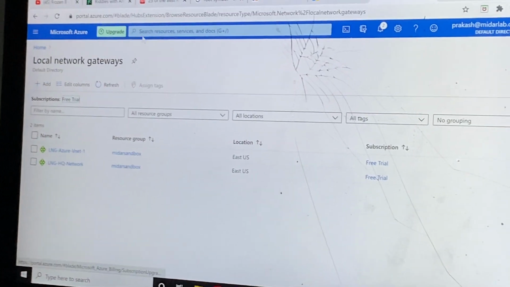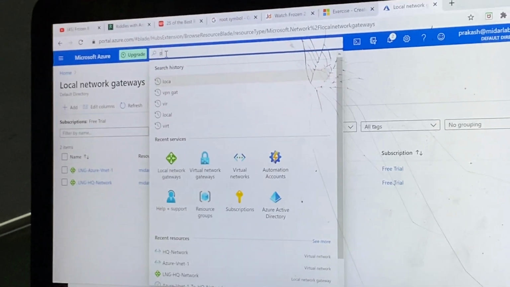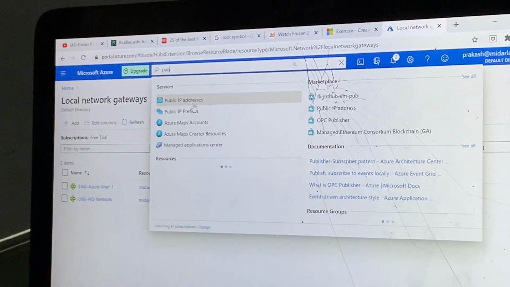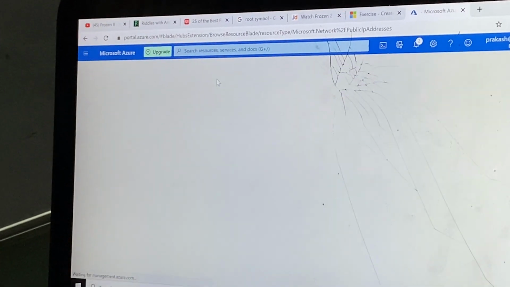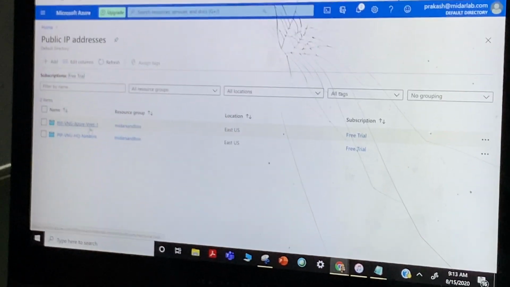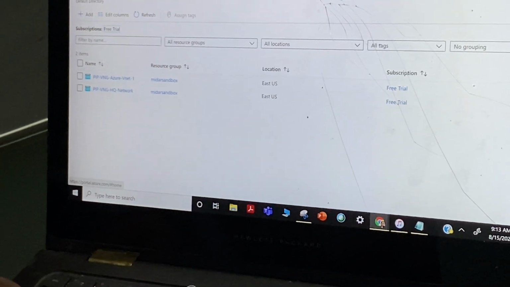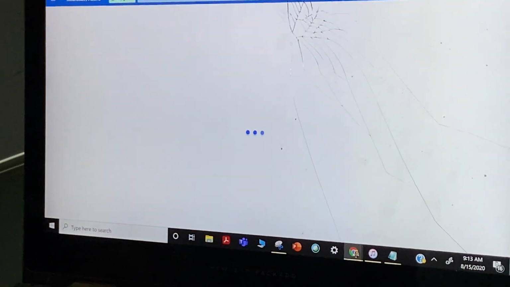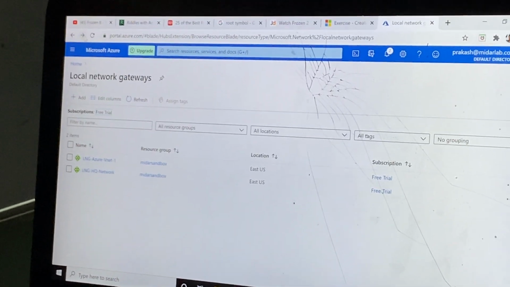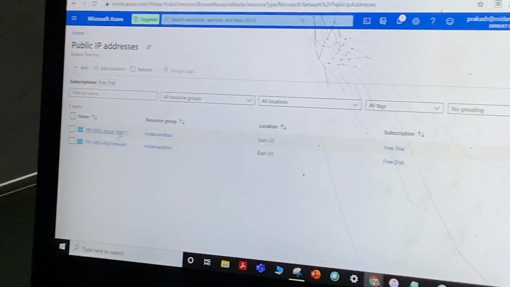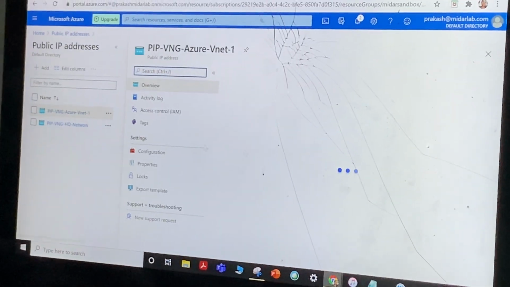Once I create a public IP address, I have created two public IP addresses, one for Azure, one for the on-premises. Then we need to configure. If you look at this, this is Azure's public IP.